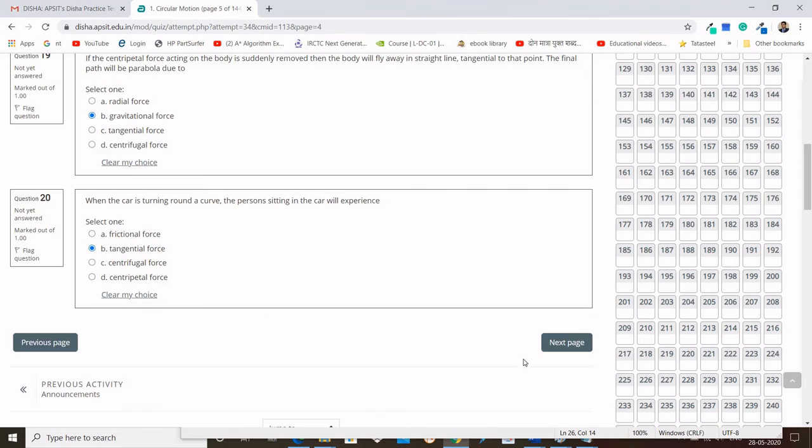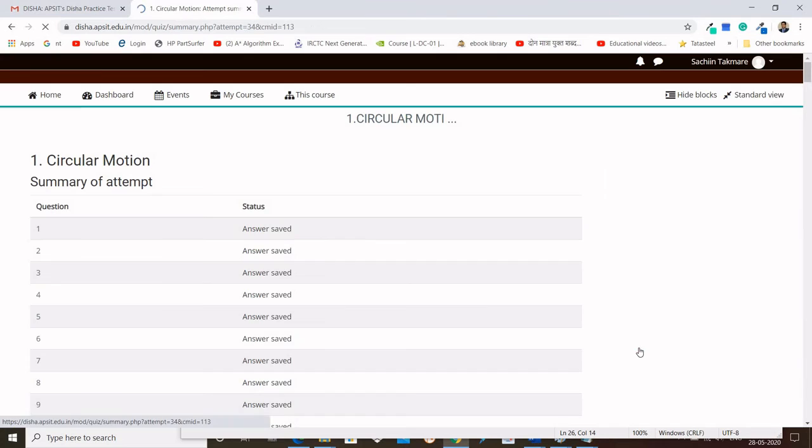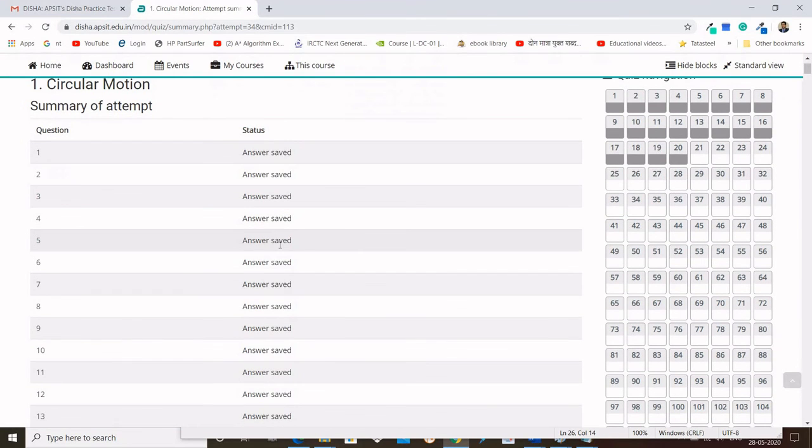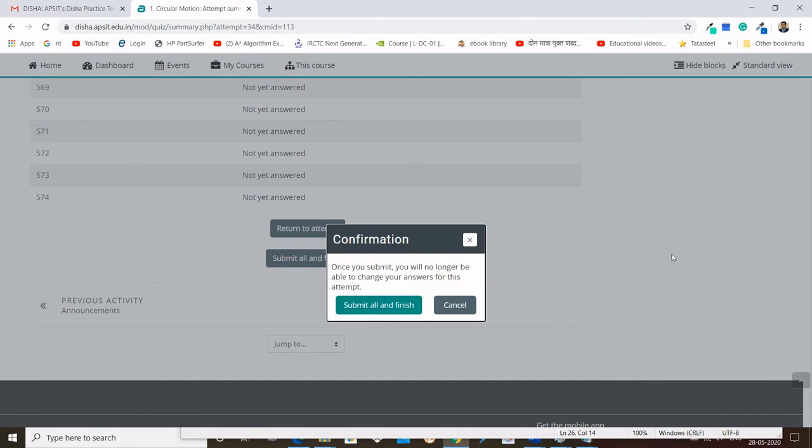So 20 questions I have attempted, and I want to see the result of these 20 questions. So here there is finish attempt button, so I can press this finish attempt to see the answers of my 20 attempted questions. Now submit and finish.